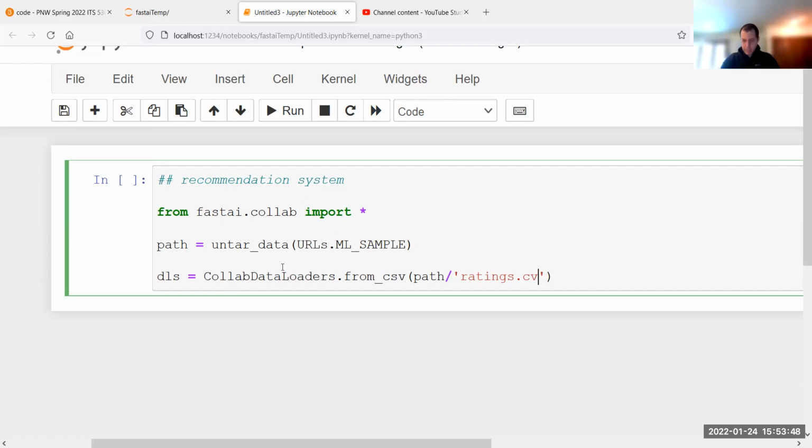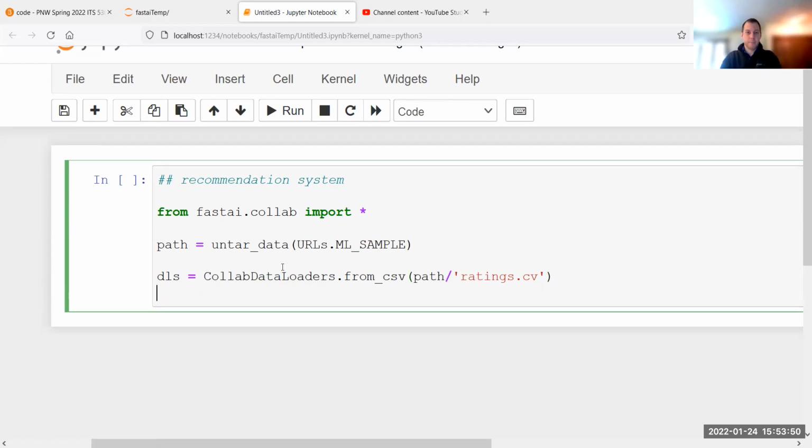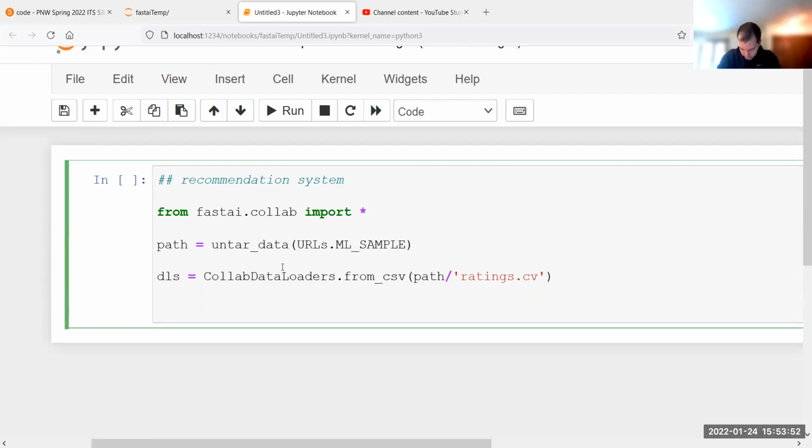And that's pretty much all that we would need. And now we can just call up the learner, learn. And this is a Colab learner. Colab learner, it takes DLS.